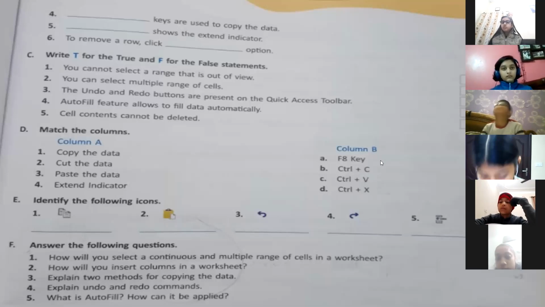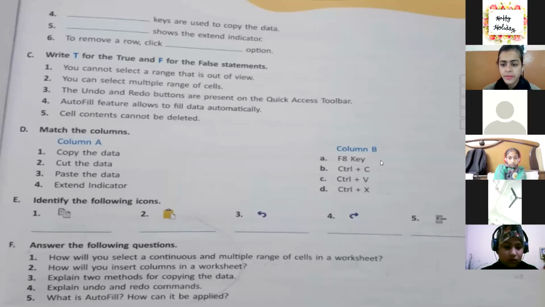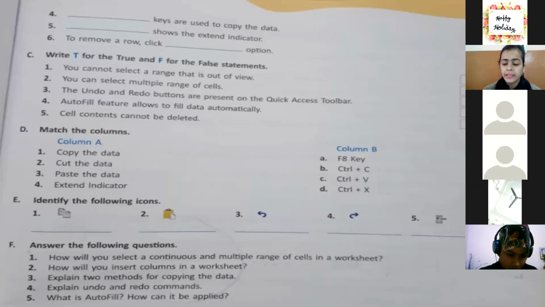All right. So coming to the next statement, that is, the cell contents cannot be deleted. Yes, Harmeet. False. You can delete the cell contents. We had discussed three methods of deleting the cell contents, either by typing over the original text, and also you can press the delete or the backspace key after selecting the particular text in your cell. So the statement is false. Clear?